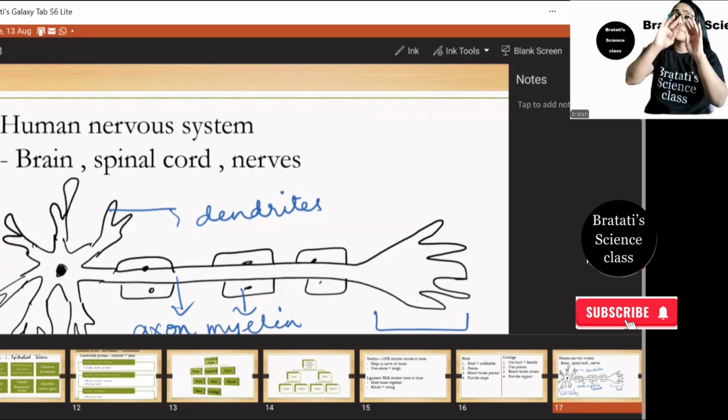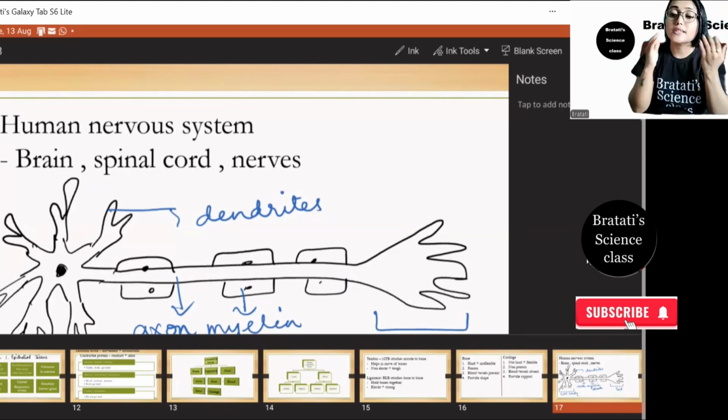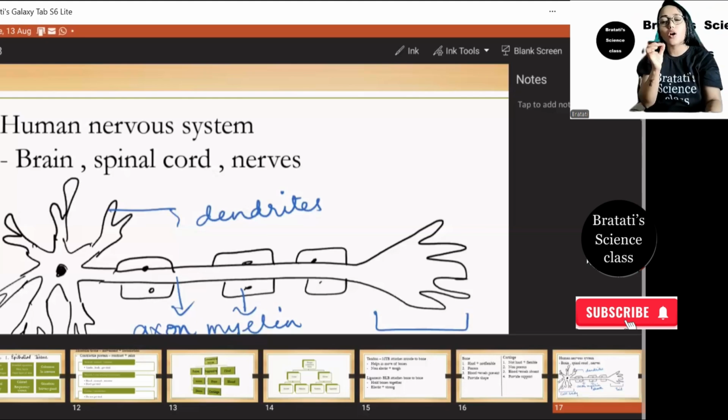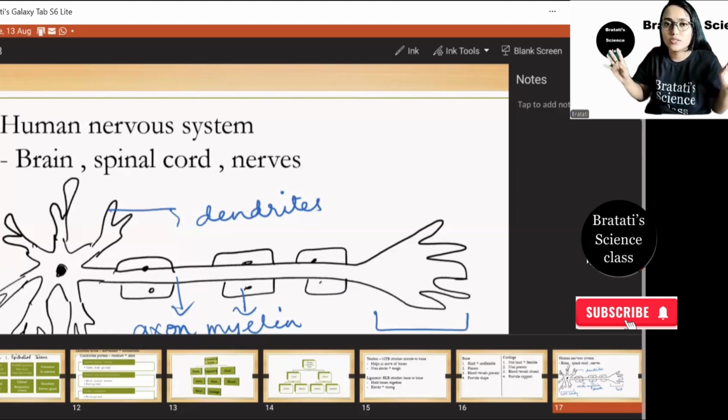And again, the spine is protecting the spinal cord. There is again a protection, that is the spine. So to keep it straight, this is our spine. Inside the spine, there is the soft spinal cord, and that carries all the information to other parts. And the spinal cord is again attached to the nerves. These nerves basically go to all parts throughout all the limbs, the whole body and legs till the